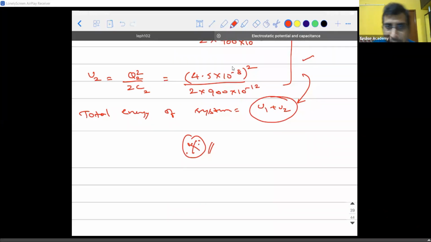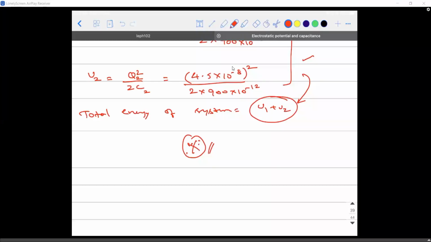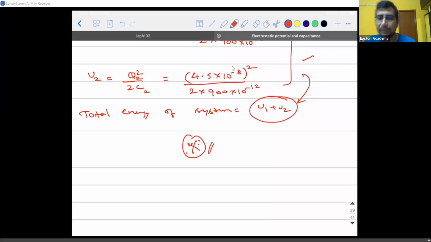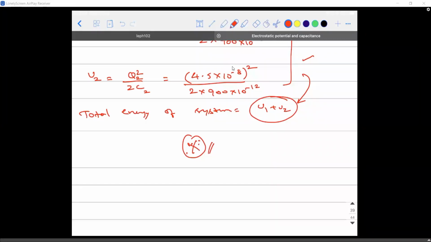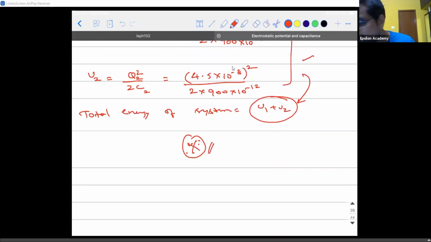There is a problem in the textbook itself. I will do that and show. Okay, given in the question, it's of the same value, sir. In this question, it is the same value. What if one capacitor was of 900 picofarad and the other was of 450 picofarad? Then it would not have been Q by 2 and Q by 2. One would have had more charge, one would have had less charge. How to calculate that I will explain later. Okay, sir. I need a class to do problems also.